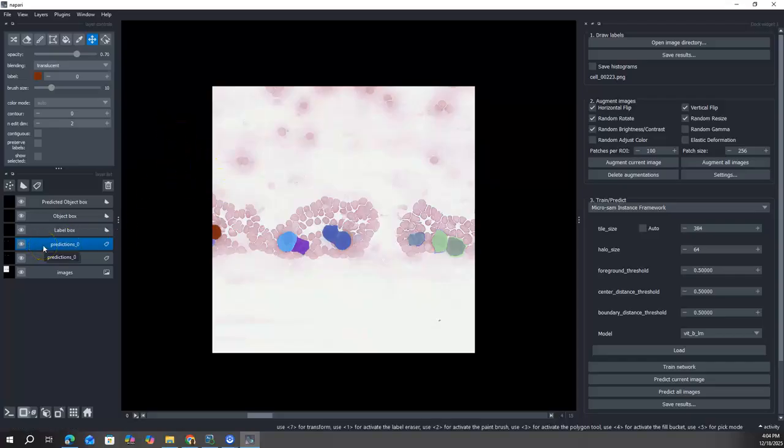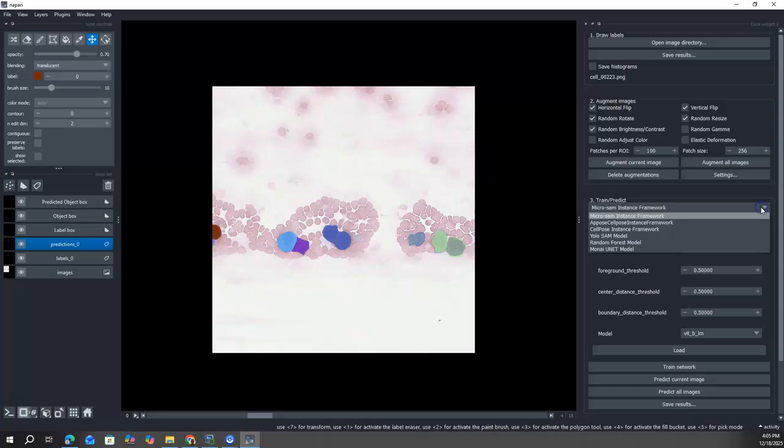There we go. Okay, so it's kind of funny. It looks like nothing happened, but something did. It predicted the image, but since MicroSam was trained on this, it looks almost exactly the same as the label. And this is interesting because, as I mentioned, some of these toolkits don't do that great at detecting the red blood cells because they weren't labeled.